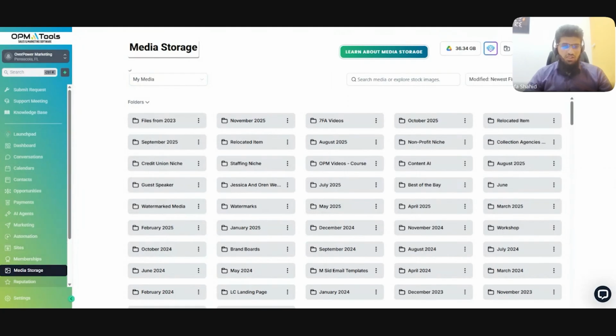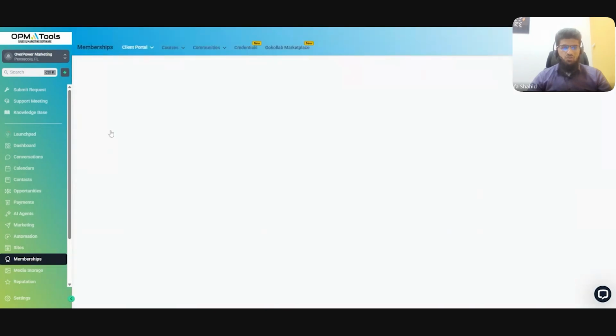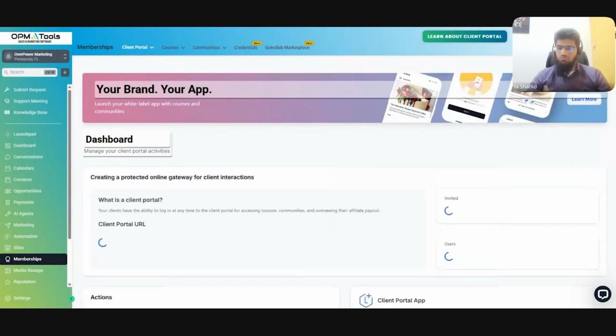Moving on next. When we're talking about media storage, one of the biggest places where media storage comes in really handy is the memberships place. Within membership, you have client portals, and client portals are all the clients that you're managing or working with. It's not exactly just the clients, but every portal could be for something different. For example,